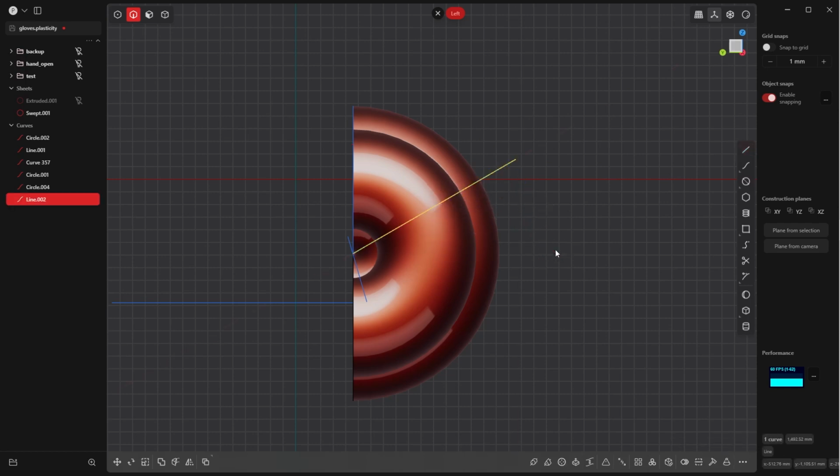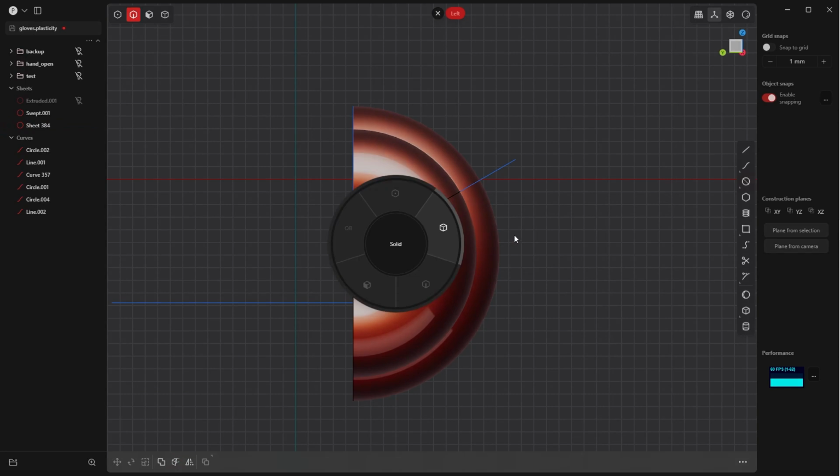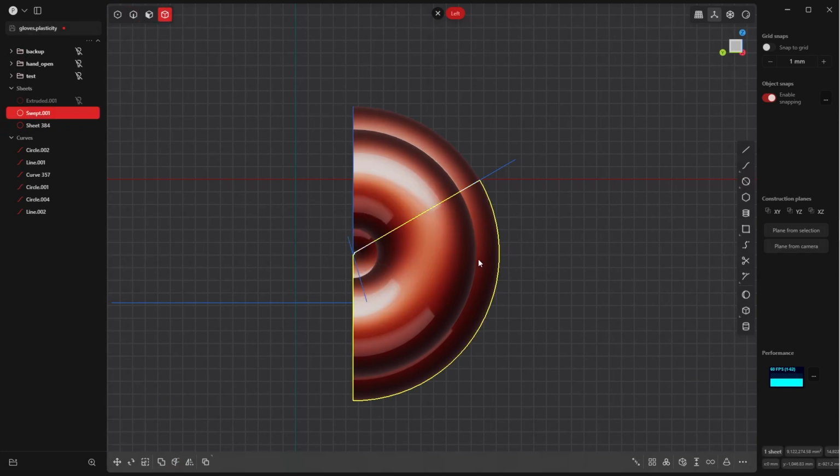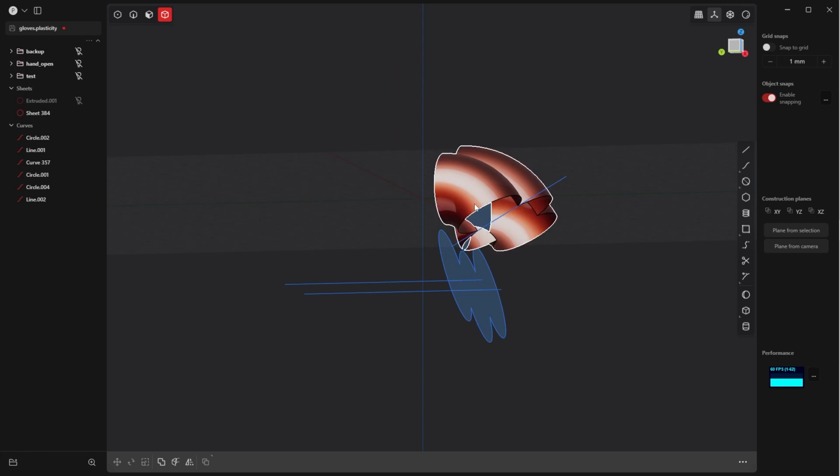And press Enter. And let's press C, select the target body, which is these fingers, the sweep, and select the cutter, which is this line. Press OK, go to solid mode, delete the lower part,